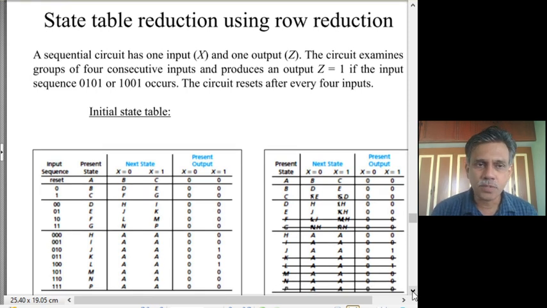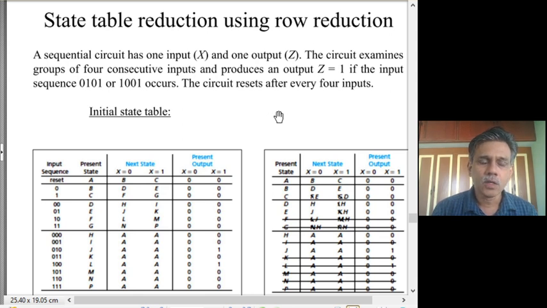So to proceed, we will look at a problem and try to arrive at a state graph and a state table for that problem, and in that process find out that if you do it in a straightforward manner, you have to create a number of states which would be redundant, and therefore you can discover equivalent states and reduce them by comparing the rows or matching the rows. Therefore it is called the row reduction method or row matching method.